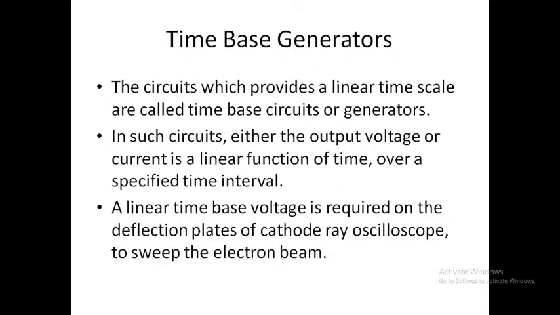To sweep the electron beam horizontally or vertically, you will need this time-based voltage. The electron beam will sweep from left to right or top to bottom so quickly that you can see it forming a signal. So to sweep this electron beam requires a time-based voltage,